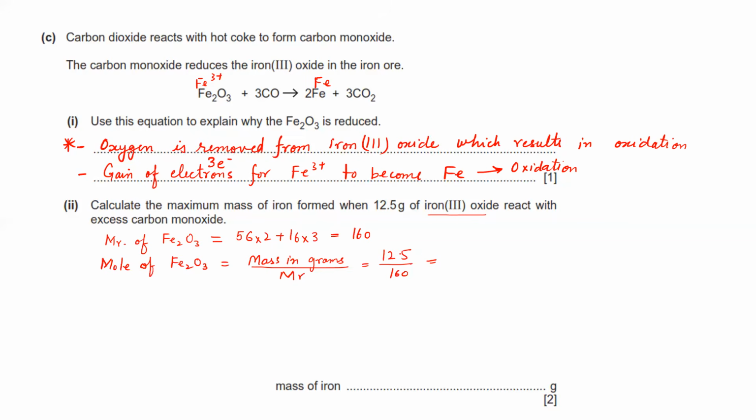12.5 divided by 160. Let me see what it gives. 12.5 divided by 160. So this is 0.07812 moles of Fe2O3. And from the equation, we can see that 1 mole of Fe2O3 produces